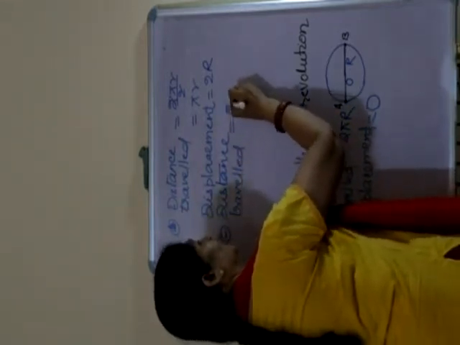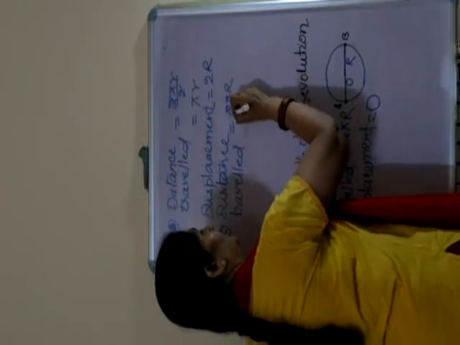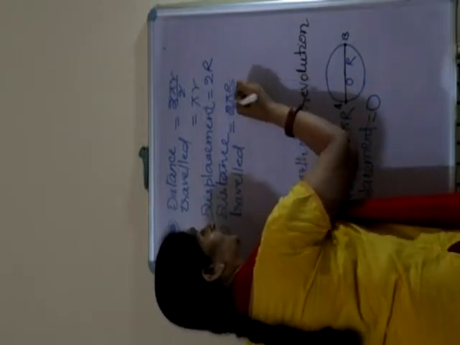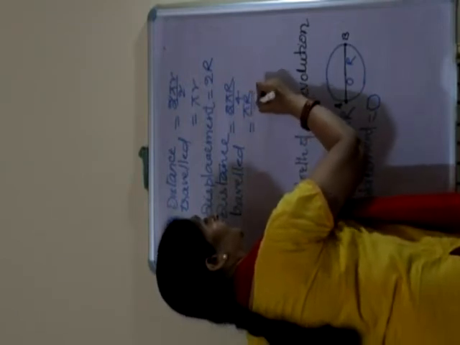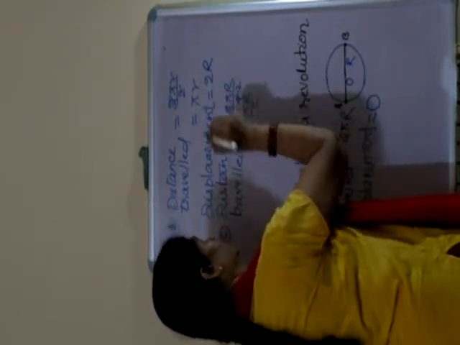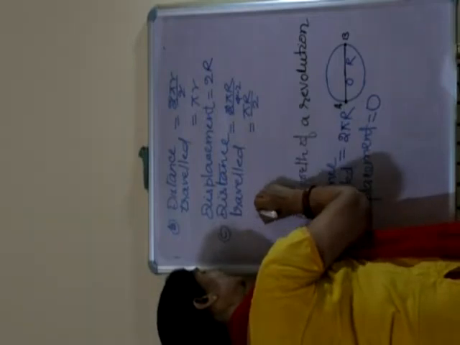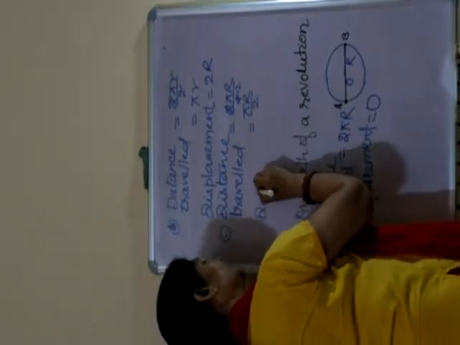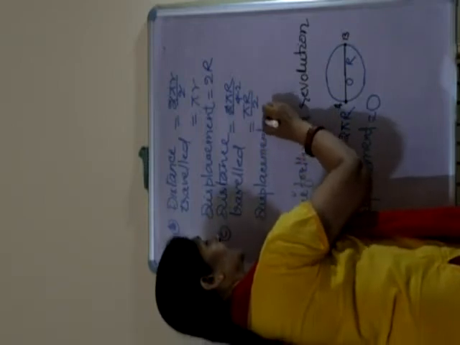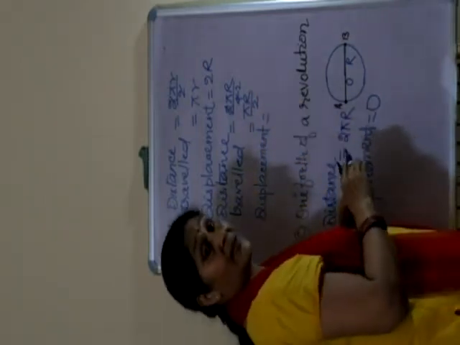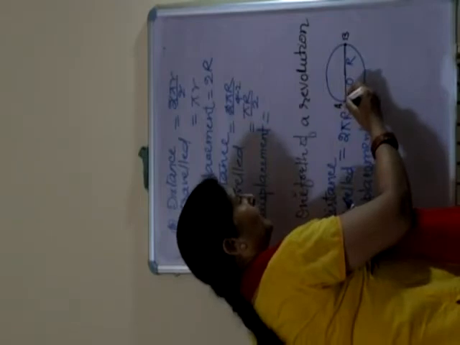Two pi r by 4, that is pi r by 2, and this displacement will be like this. It goes from here to here,